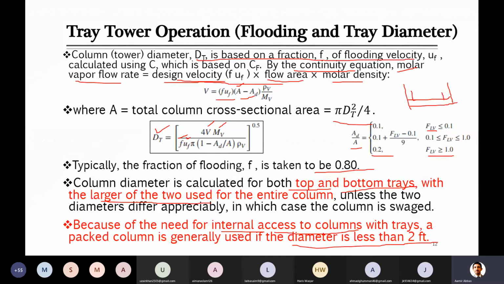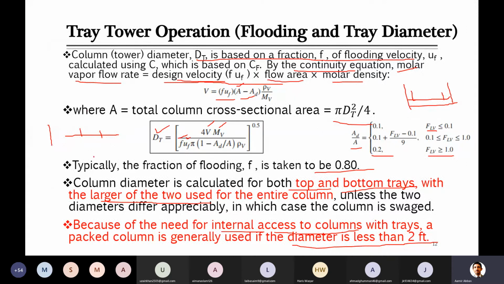So just kindly Google how the trays are designed so that people can access the internals of the column. In those cases you will see that trays are designed in patches, or various parts of them are connected with each other, so that when you want to go for maintenance inside the column, the tray will not be one complete or solid part, it will be divided into 2-3 parts, for example here. So there will be a connection between the two parts of the tray by nuts and bolts, so you can open this side as well as this side, and this middle part can be removed.